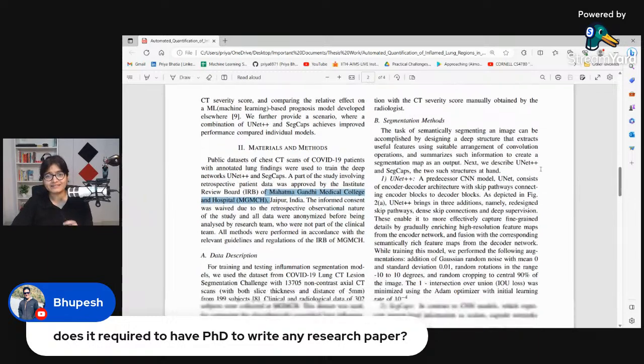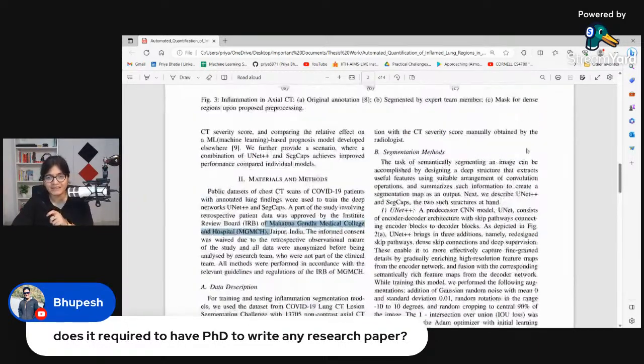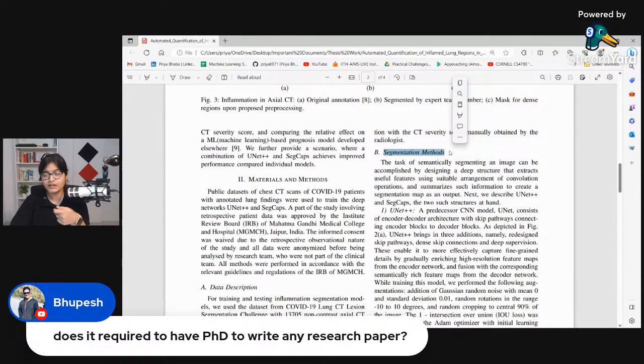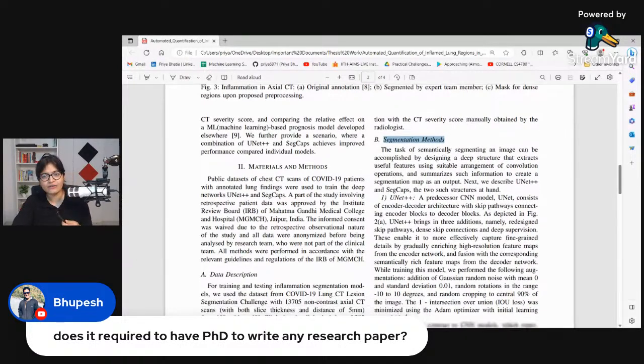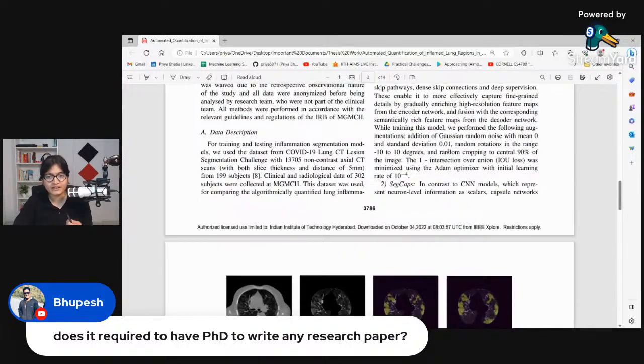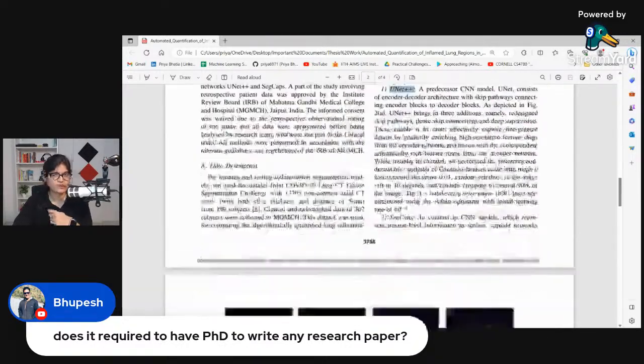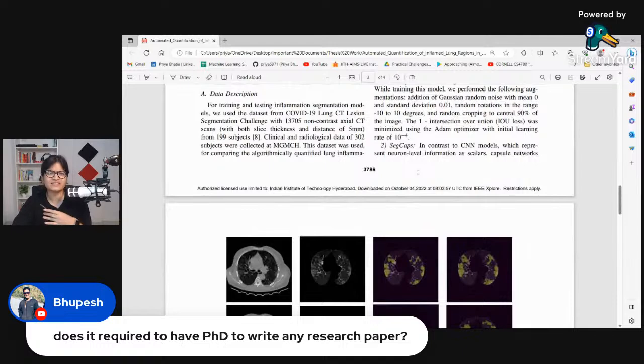Then the second is the methods part. In the methods part, you have to talk about what methods, what algorithms you have applied to solve that problem. So here I used something called UNet++, which is an image segmentation algorithm. In healthcare, it's very widely used. I hope those who have done a healthcare project at any point already know what UNet and UNet++ architecture is all about. It's a CNN-based network in deep learning. You can check it out in more detail after the session.